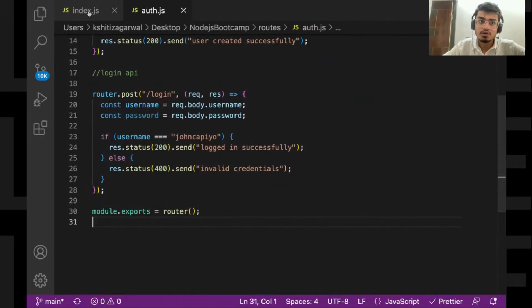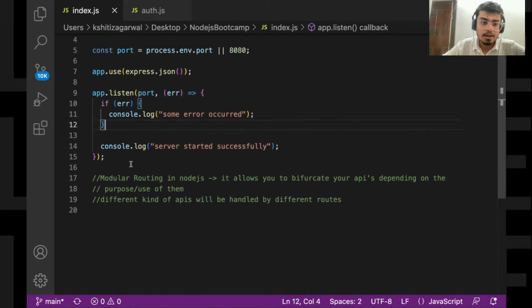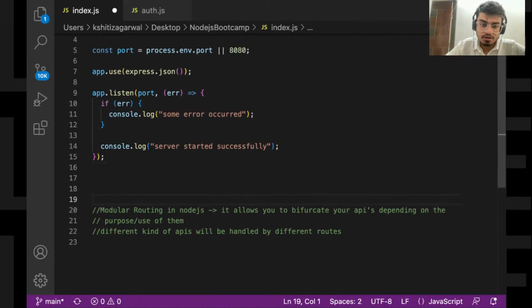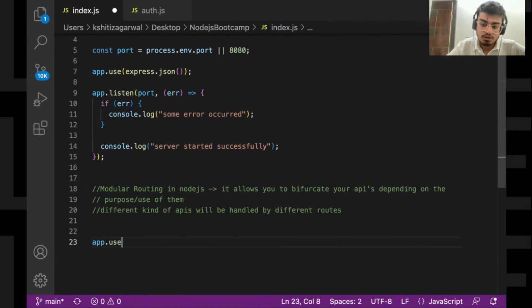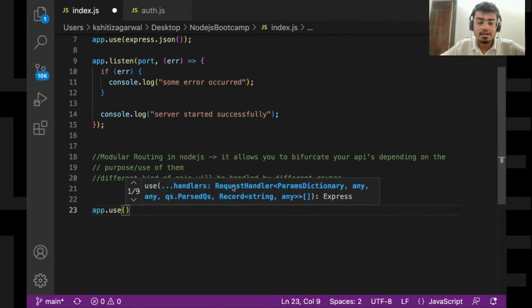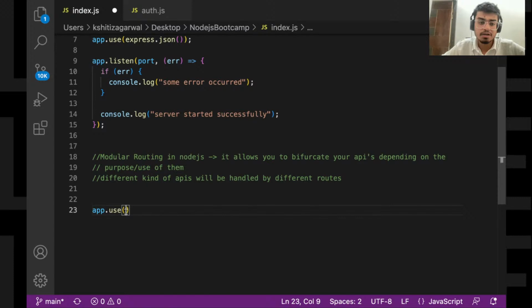So now how can we use it in index.js? Simple. I'll come over here and use app.use. Again, it's a syntax for using a middleware. I'll tell it a path: whenever the path comes as slash auth, just use which file.